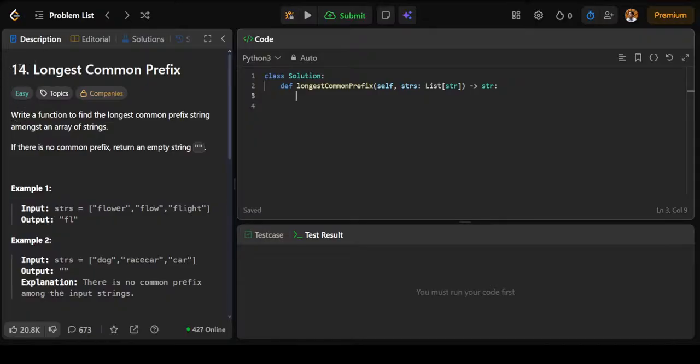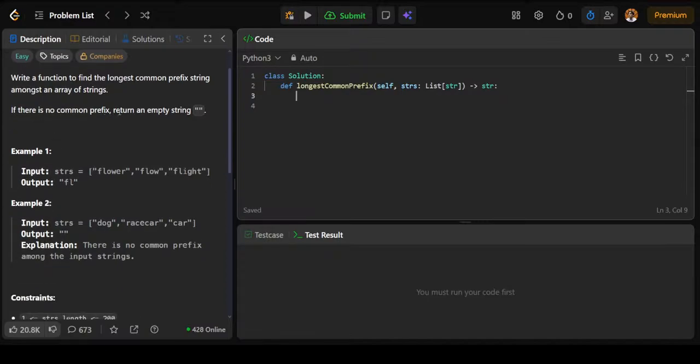So problem 14, longest common prefix. Write a function to find the longest common prefix string amongst an array of strings. If there is no common prefix, return an empty string. Example 1. Input strs, I guess this is the input. Actually, it says input flow, flight, and the output should be fl